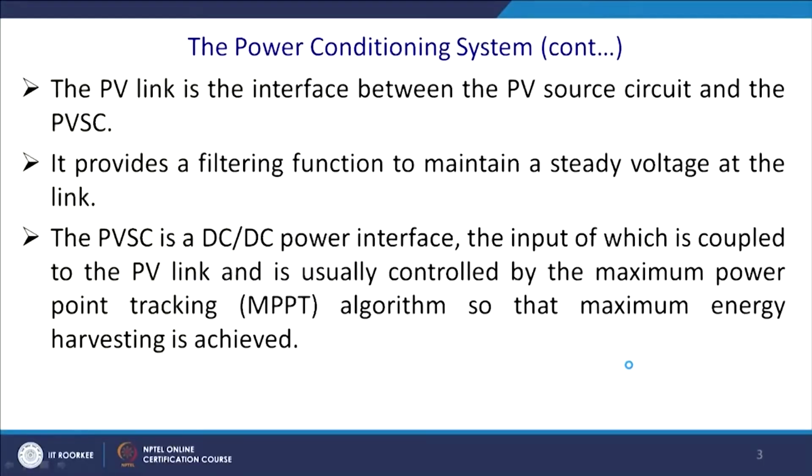The PV link is interfaced between the PV source circuit and the PVSC, that is, the PV side converter, and that requires a link essentially, and the task of this link is mainly